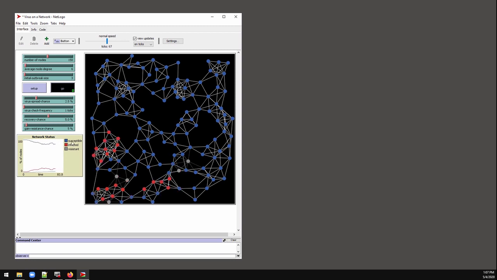The blue are nodes that are susceptible. The red are the infected ones. And gray are resistant. So as you watch this over time, you can see the status of the network. There's a nice little bell curve.